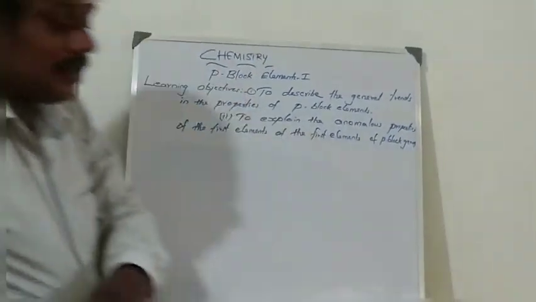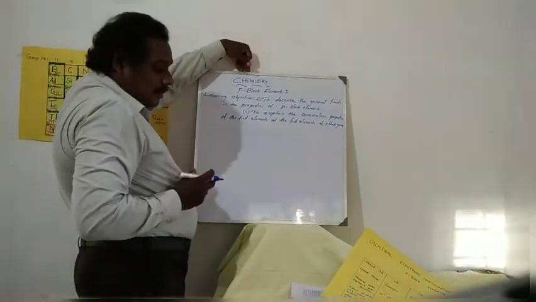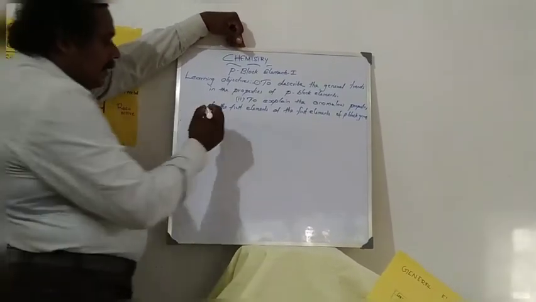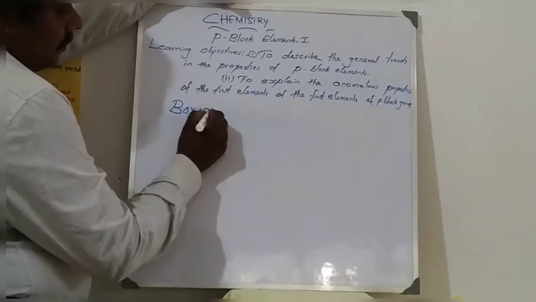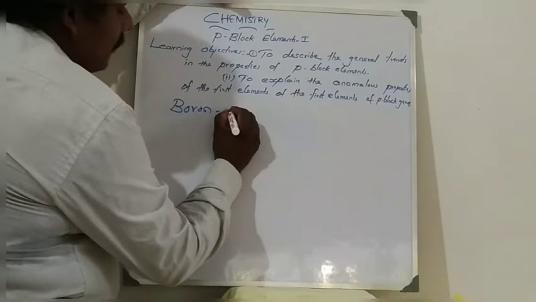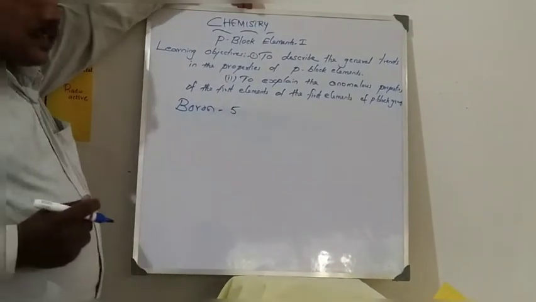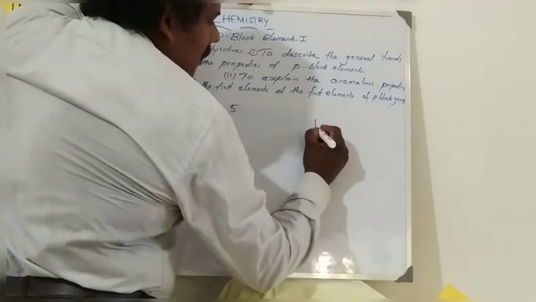The 13th group, the first one is called boron. The atomic number of boron is 5. How can you write the electronic configuration of boron? First write 1s,